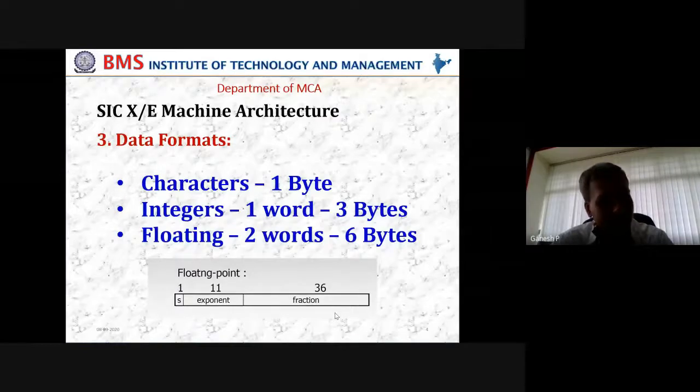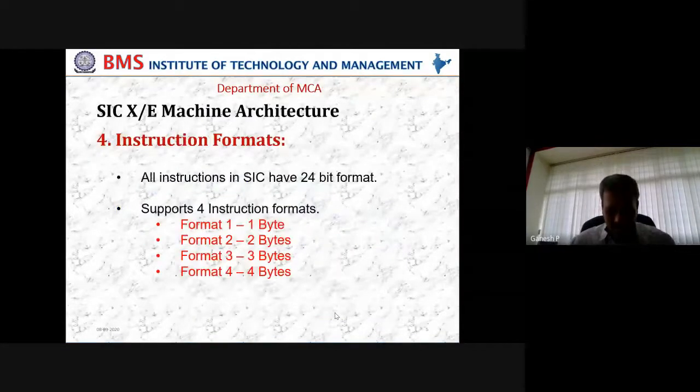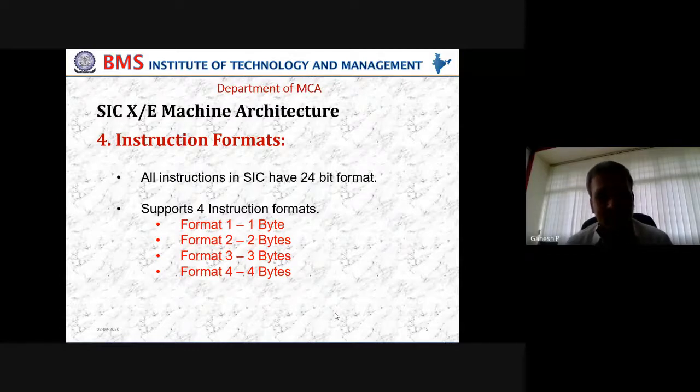So having said, we have seen the registers of SIC, which are 9 in number, and memory 2 power 20, and data formats 3. Let us jump into instruction formats in sequence that are supported by the machine architecture. Probably I need your attention here, because instruction formats of SIC/XE are not 1, it is 4 in number. If you look at SIC, there was only one simple instruction format, which is very easy to understand. Whereas SIC/XE, as you know, is an advanced version of SIC. It comes with 4 formats, and those formats are 4 different types.